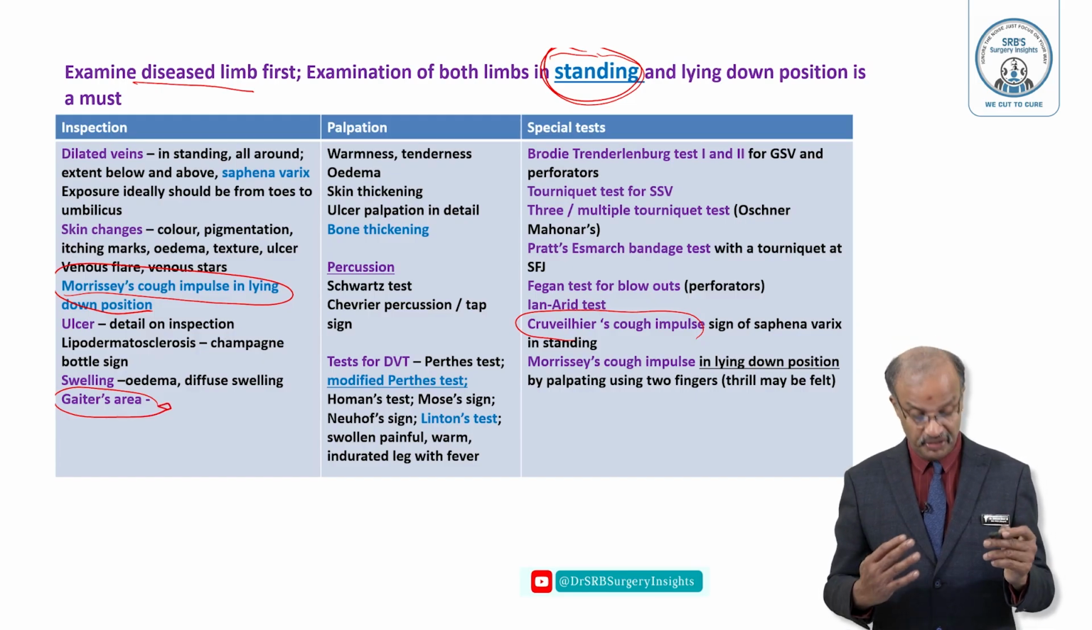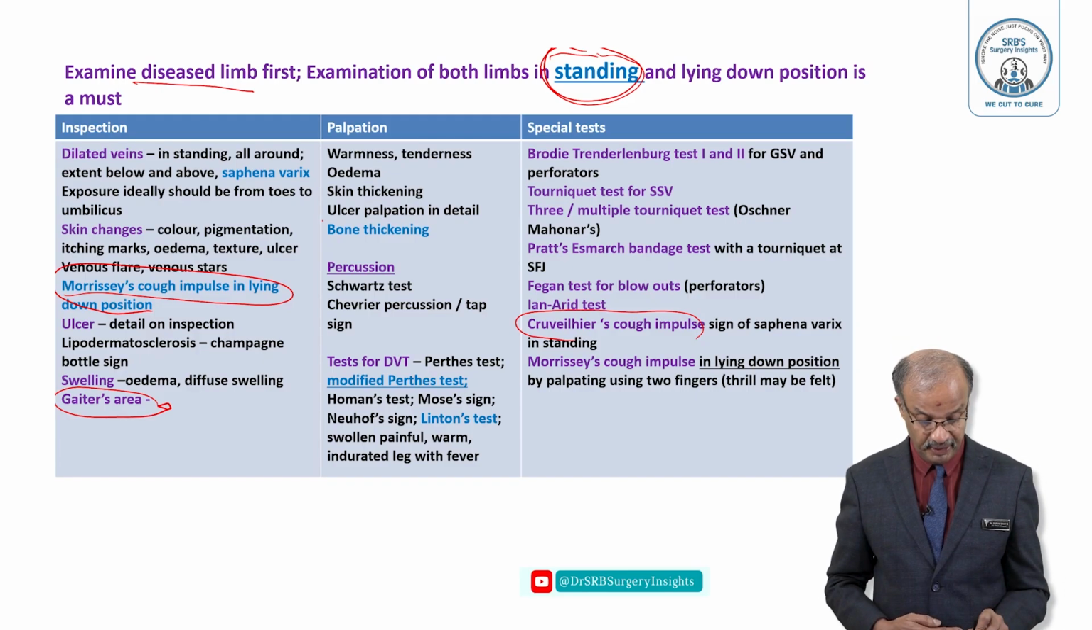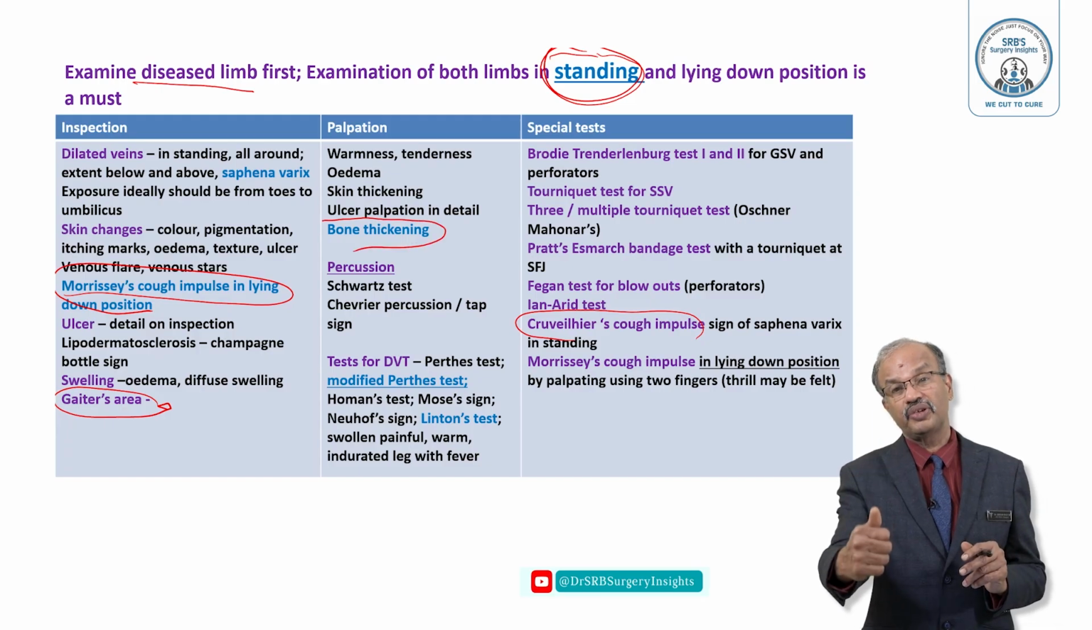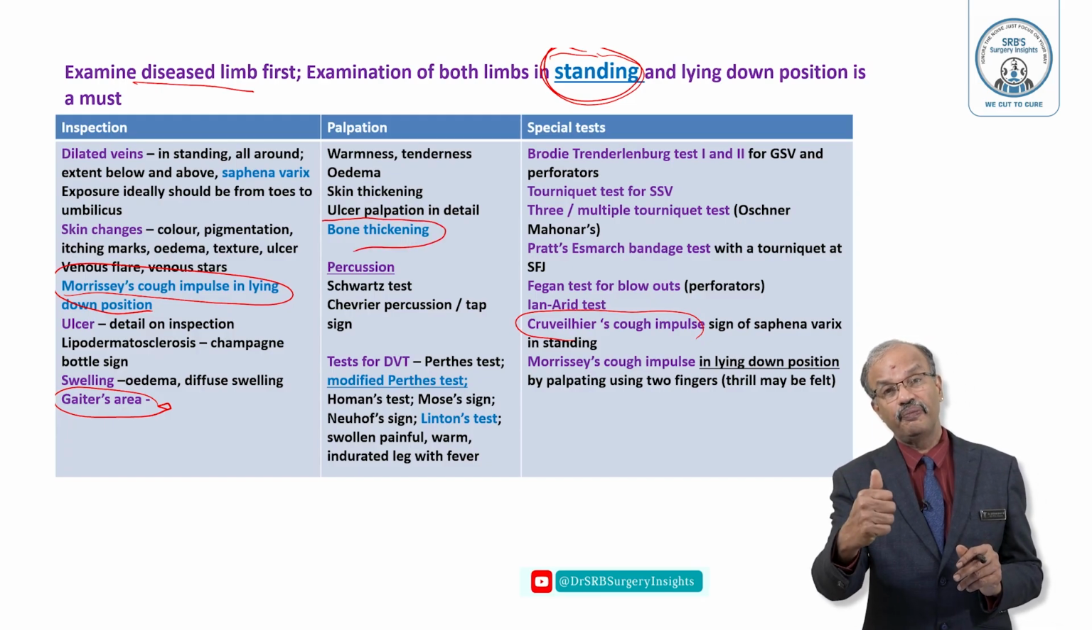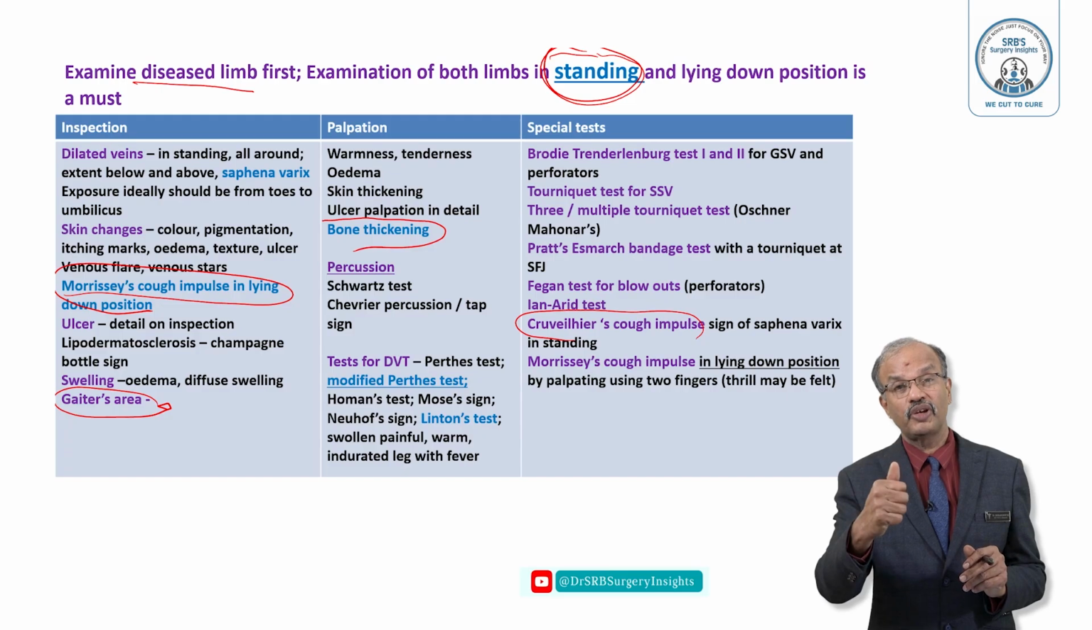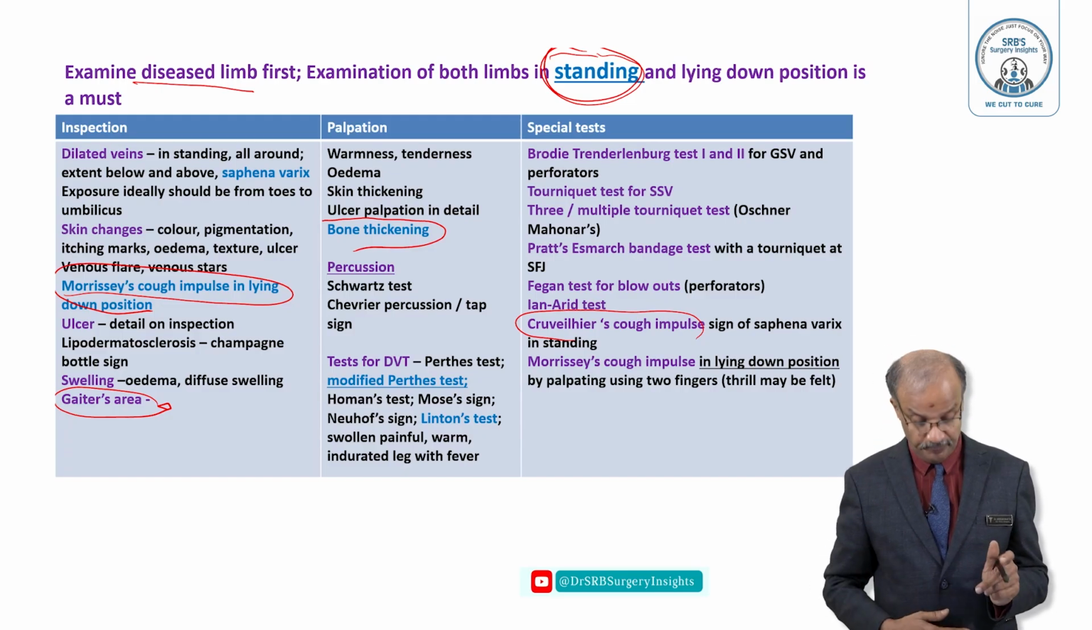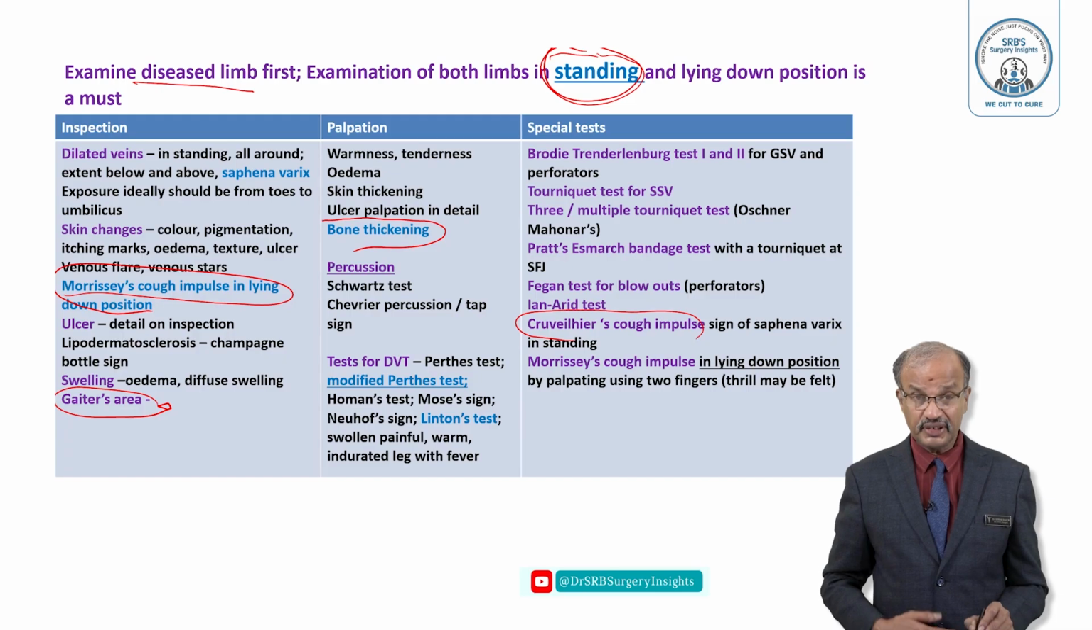Palpation is again warmness, tenderness, skin thickening, bone thickening. Run your finger over the periosteum, the leg, and calcaneum. If there is a bone thickening, that suggests periostitis. X-ray or MRI has to be taken, and it is difficult to treat such a patient. And tests for DVT, all these things are there in my clinical